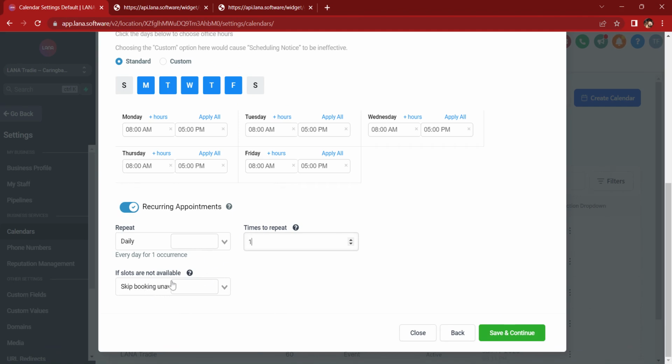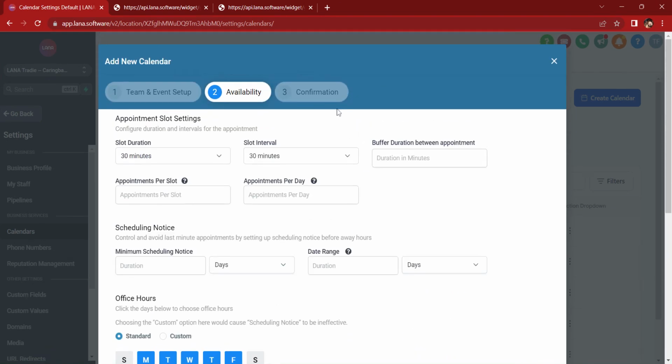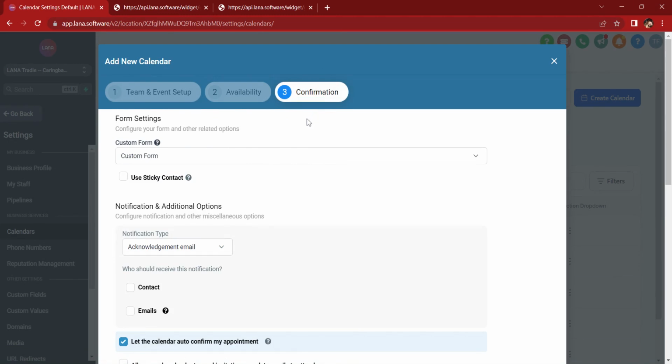And if slots are not available, then you can set a rule from here. So this means that your contacts will be able to book multiple appointments based on the below configuration. Once you're done with that, now you can go ahead and confirm all of this information that you have set. So under confirmation,